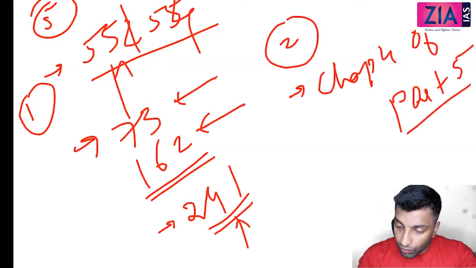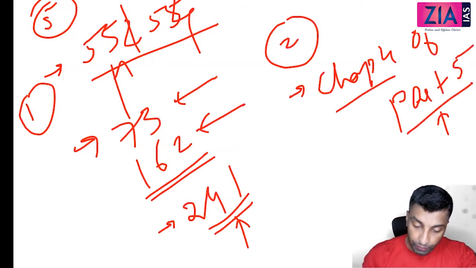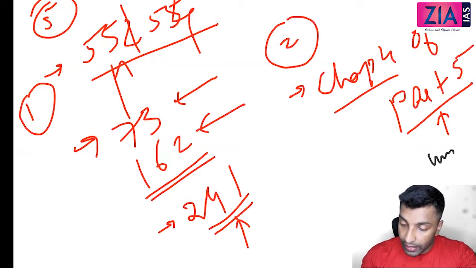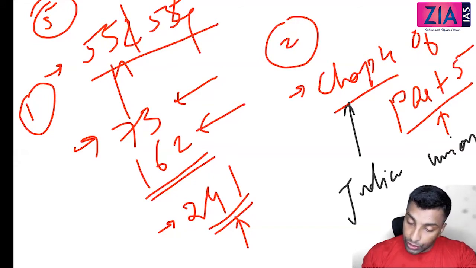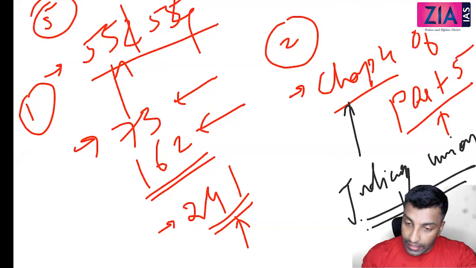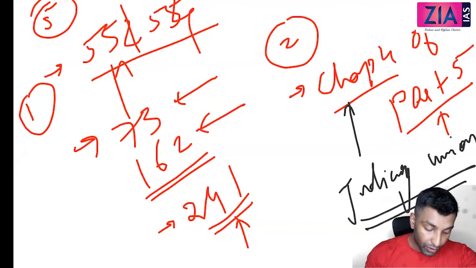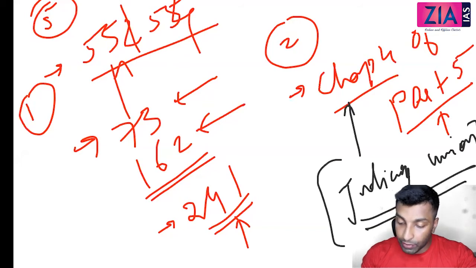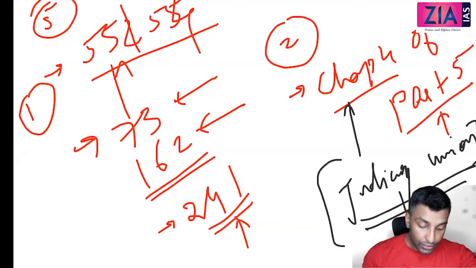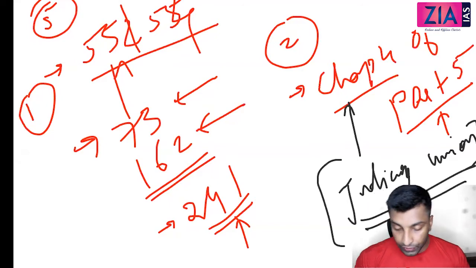Okay, so what is Part 5 related to? Part 5 is related to the Union. Chapter 4 is related to the judiciary. So the judiciary at the union level, what am I talking about? I'm talking about the Supreme Court, like the functioning or working of the Supreme Court, appointment in the Supreme